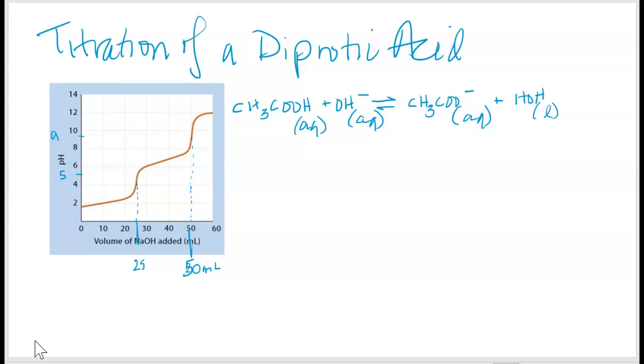We have the equation of the titration, or the reaction between a weak acid, I just picked acetic acid, and the hydroxide. I didn't even bother including the sodium ion, it's just a spectator ion. As we're adding more hydroxide, more and more acetate ion is being formed. Now remember that